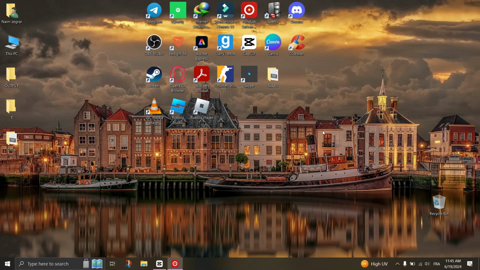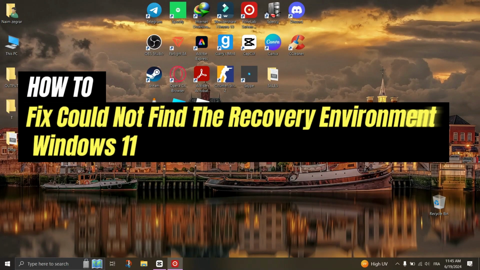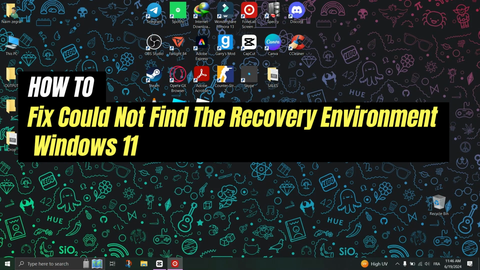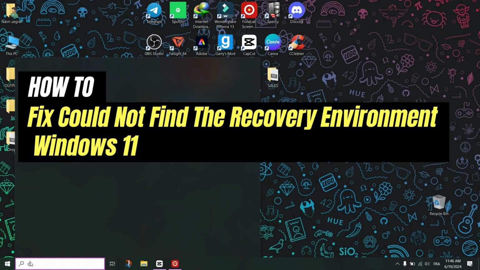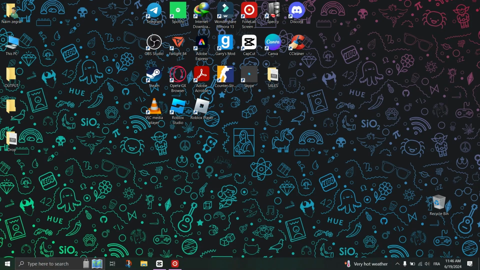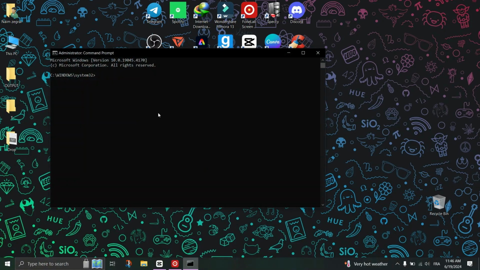In this quick tutorial, I'll show you how to fix the "could not find the recovery environment" error when trying to reset your PC. Open the Start menu and search for CMD. Right-click on Command Prompt and select Run as Administrator. In the Command Prompt window, type the following command, which is